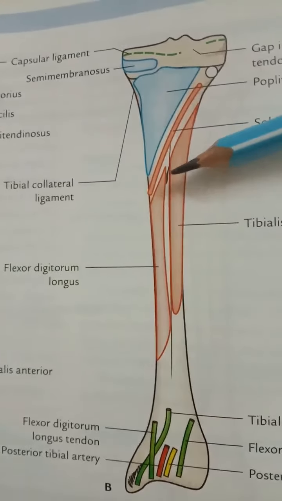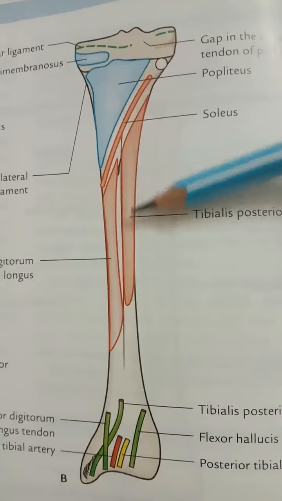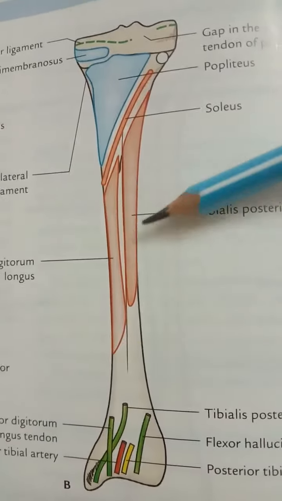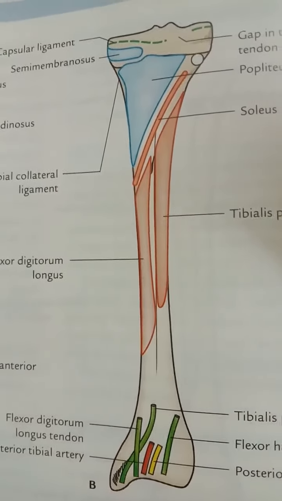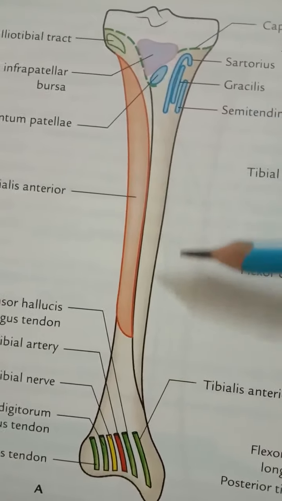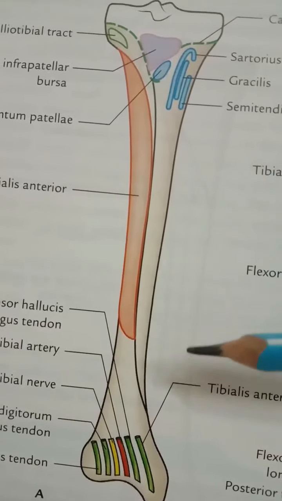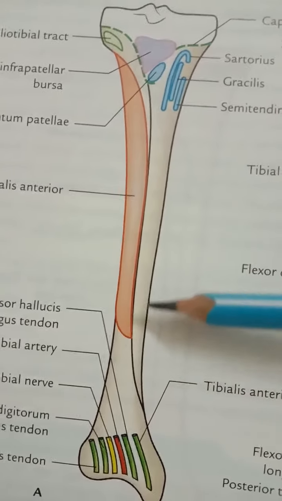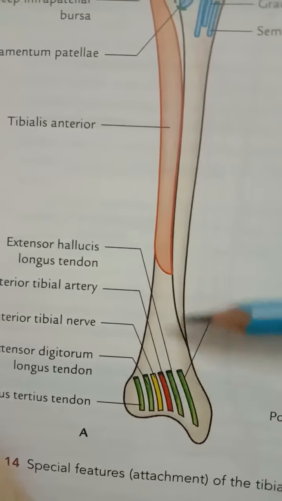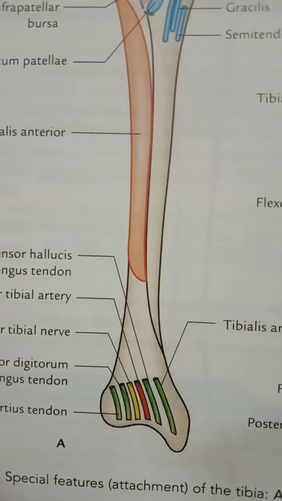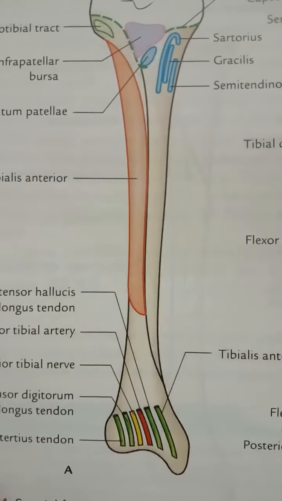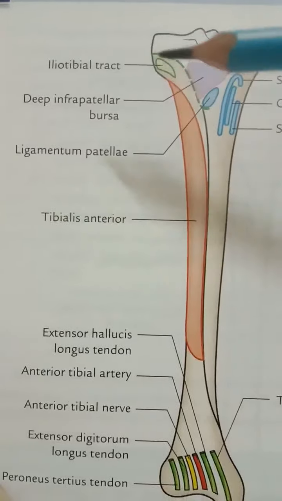Then the lateral surface of the shaft of the tibia gives the origin of the tibialis posterior. Then next to it, the anterior border of the tibia, so this one, gives the attachment to the deep fascia of the leg, and its lower part gives the superior extensor retinaculum, this one. Then the rough upper part of the fibular notch gives the attachment of the interosseous tibiofibular ligament. So here.